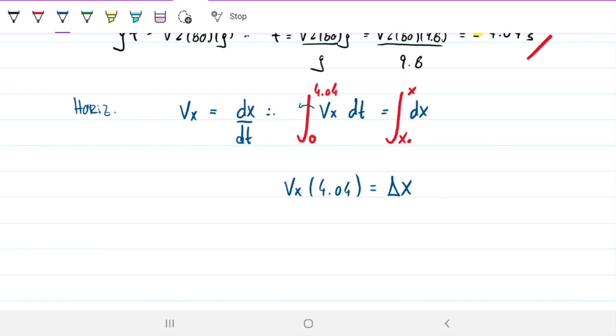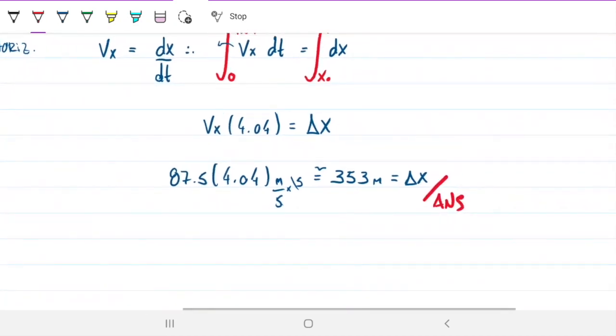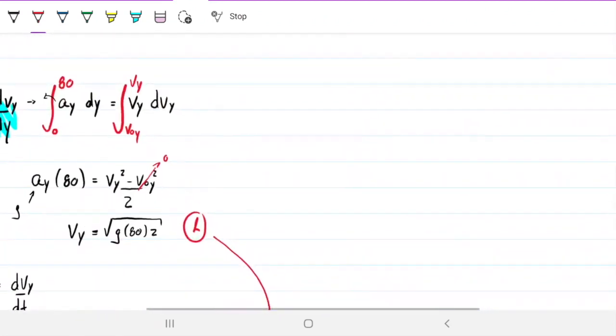Vx we have known from the start, that's 87.5 times 4.04. This is meters per second multiplied by seconds, so I'm just getting the answer in meters, and I'm getting 353 meters, approximately equal to x. Okay, so that's our answer, but let's think about that for a second. 353 meters, what does that mean? It means that